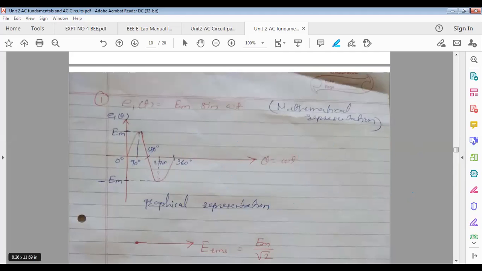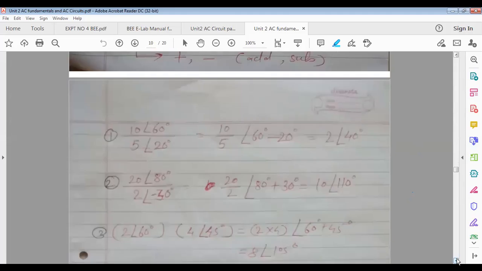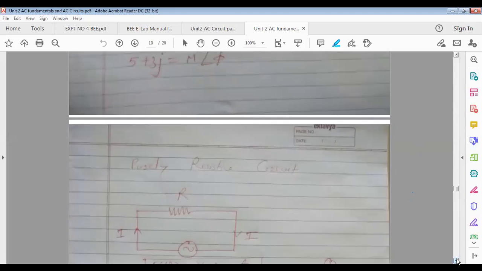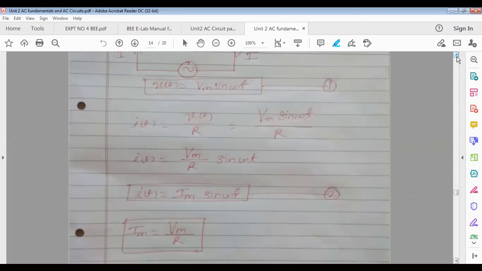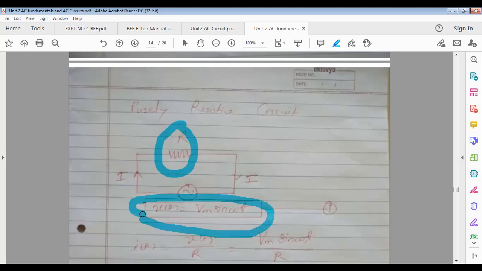So whenever you switch on single phase AC voltage across all these types of load, you have to simplify such circuits in this unit. Load can be purely resistive, purely inductive, purely capacitive, or series RL, series RC, and series RLC. Only series circuits are included in your syllabus, not the parallel circuit. So whenever you apply voltage across such load, what will be the instantaneous current equation? Instantaneous voltage equation we know. What will be the instantaneous current equation?